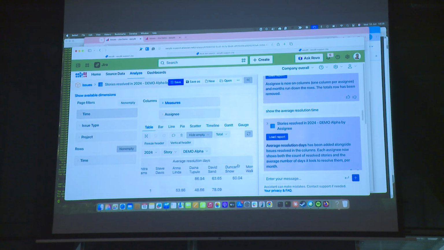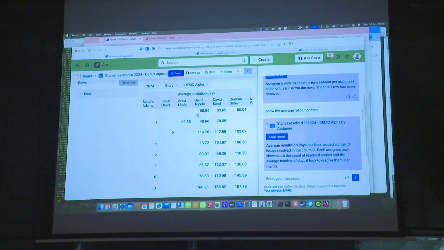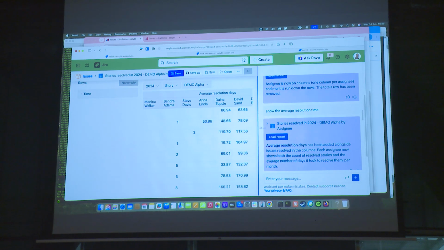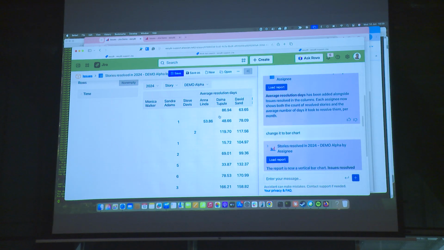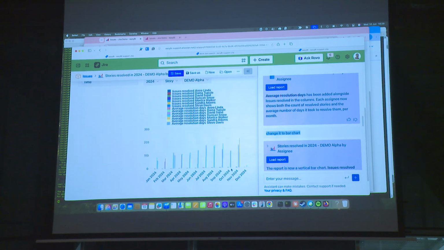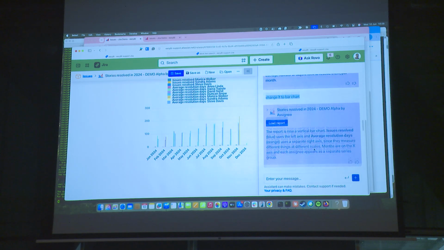And now it's even more messy. Then I have the duplicated columns with average resolution days as another set of columns split by each user. I think it goes worse. But then I decide, no, I will need this as a bar chart. Well, I put it so, and this is also quite a poor report now, and